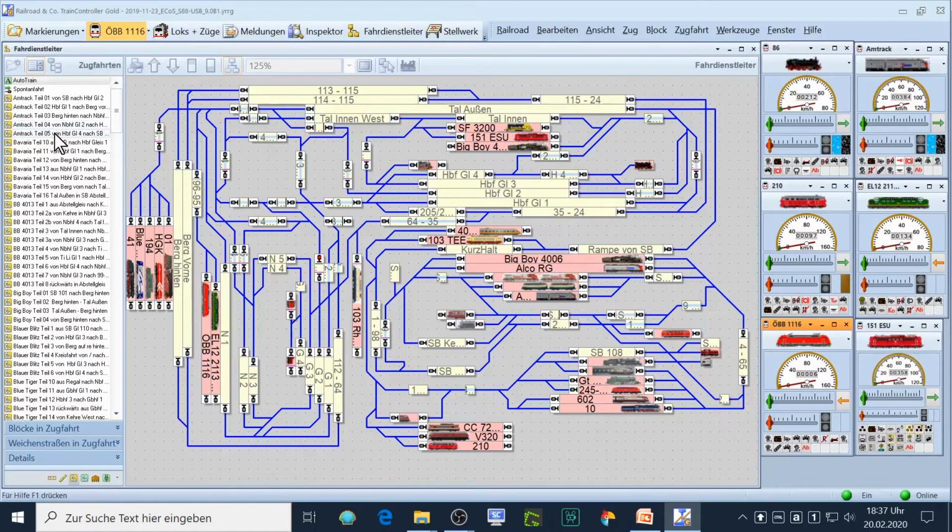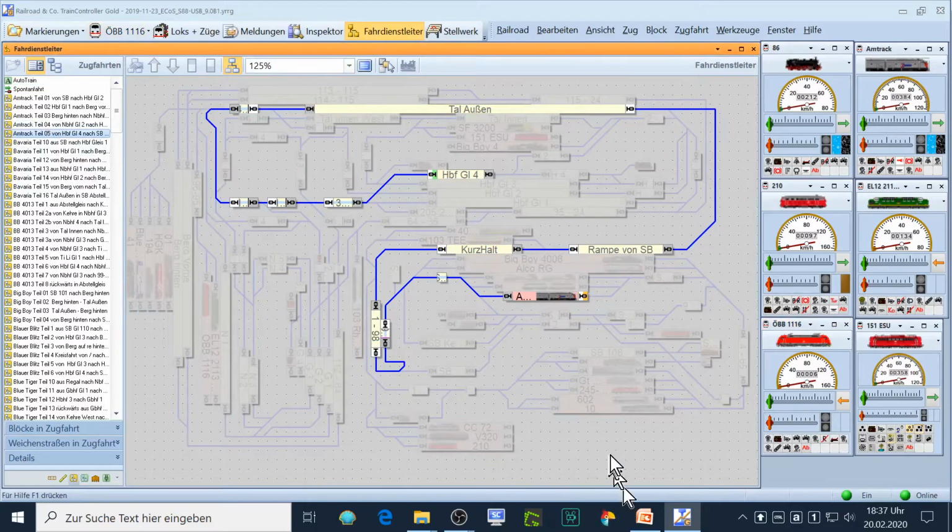So, for example, I just hit on one of these 263 train routes. I just pick one, and you see that the train route starts at the main train station at track number 4 and goes this way to the train depot, into this track where the train is parked. Okay, so I can start this train route manually, or it starts automatically, but the train will